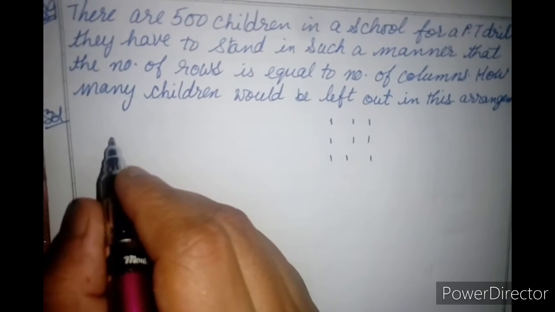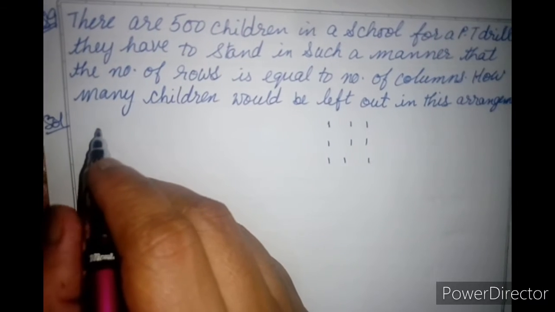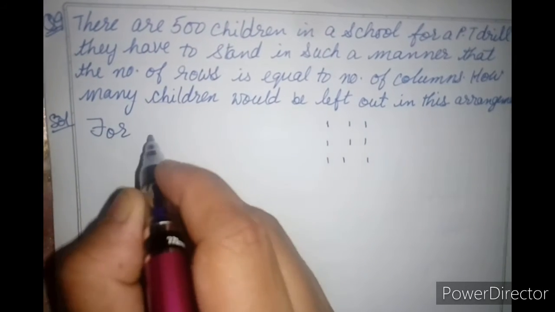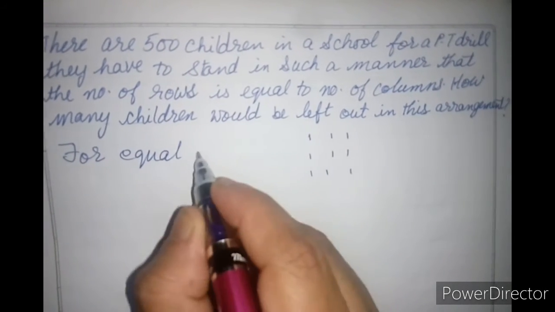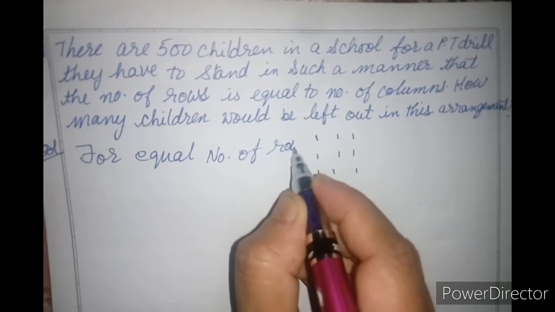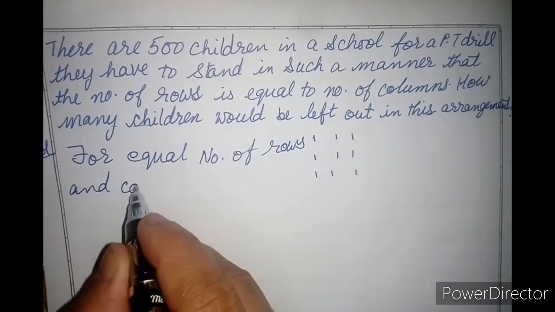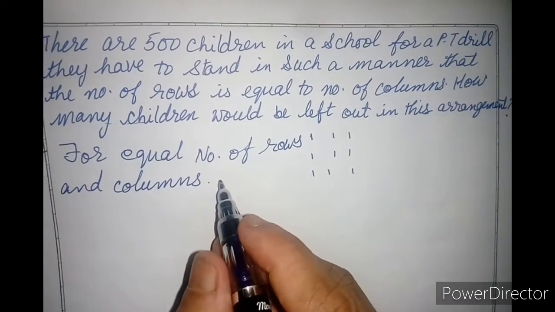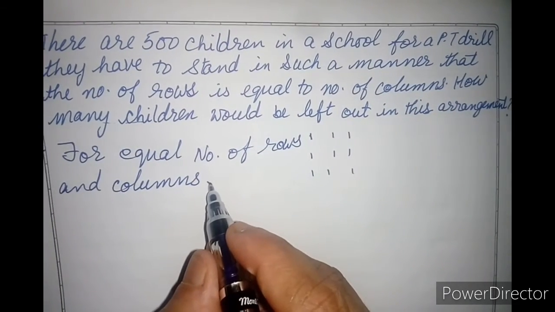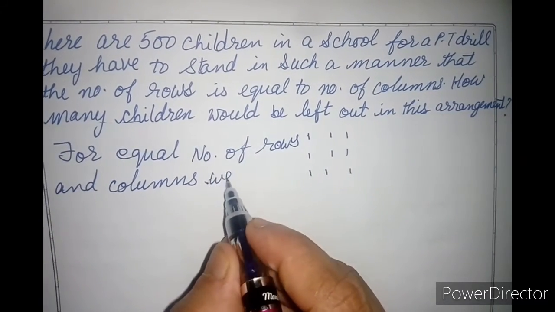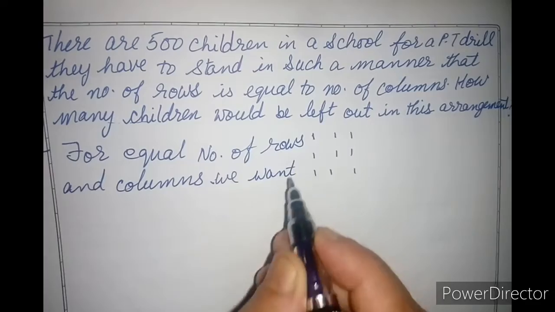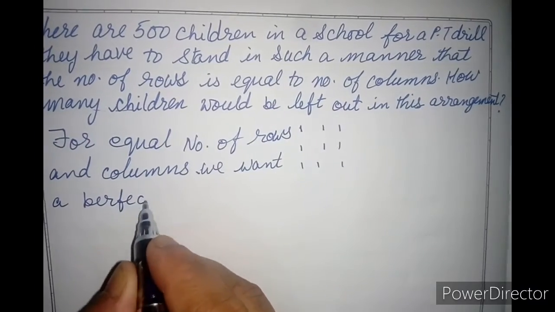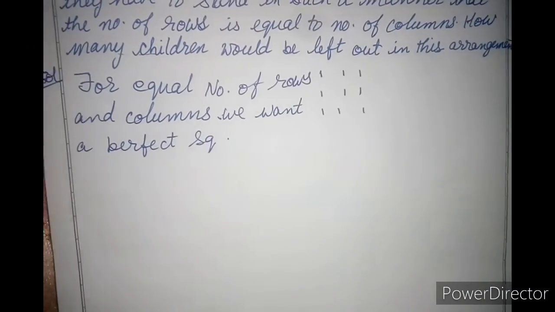So you will write: for equal number of rows and columns, we want a perfect square. So find